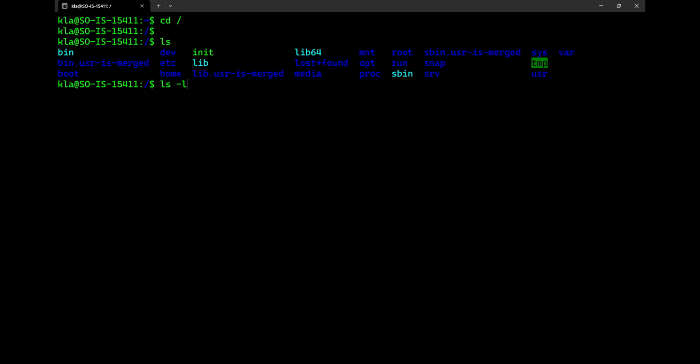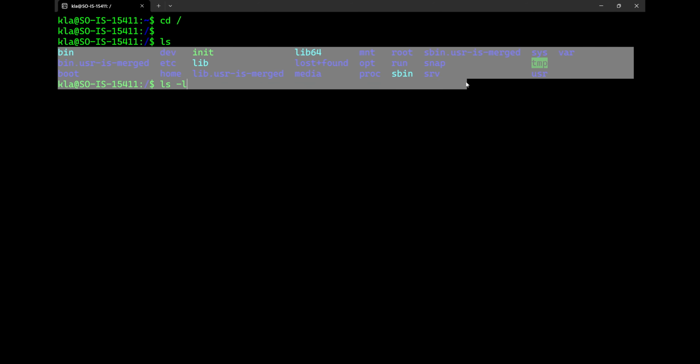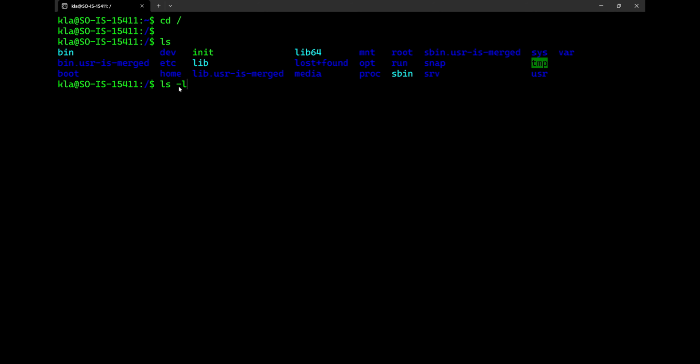The option helps to alter the command output. Because I have added the -L option to the ls command, the -L option helps to create a long list of the ls command. So if I press enter,